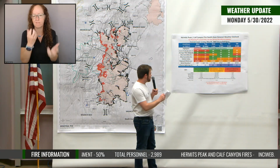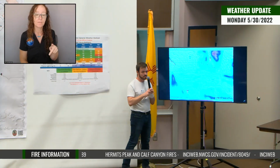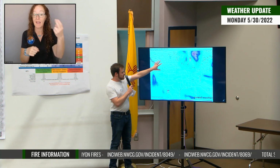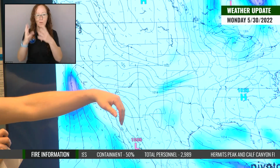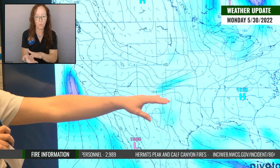As we head into tomorrow, this is a map of essentially surface pressure. This is just one model forecast. So if you'll notice up here, H for high pressure, this is for basically tomorrow afternoon, looking at high pressure setting up over southern Canada and the northern plains, and then low pressure over here over Mexico. So what that'll do is drive wind from high to low pressure, which is the natural direction that it wants to go. You'll notice the direction of the wind barbs implying that north-south direction. So that's what's really going to push that backdoor front that we've been talking about into northeast New Mexico tomorrow